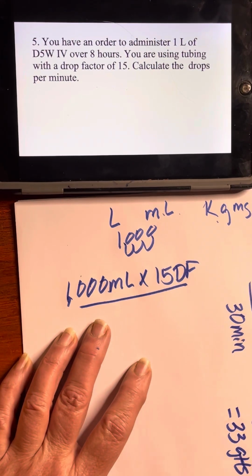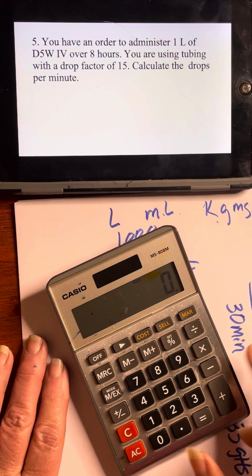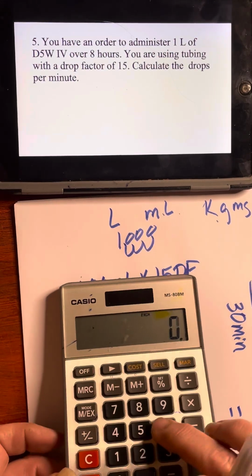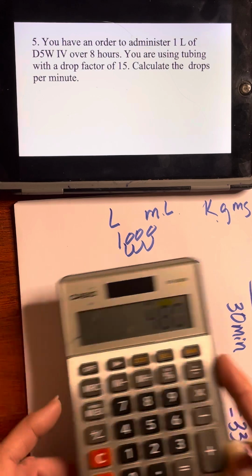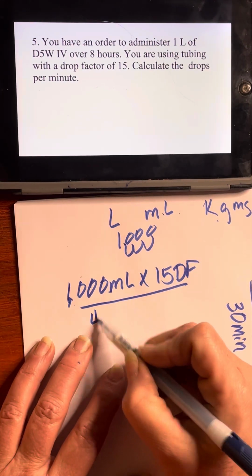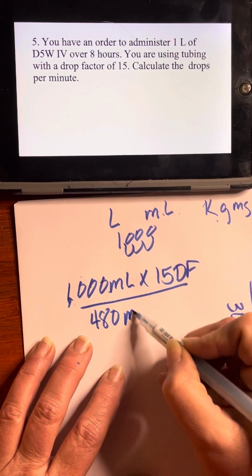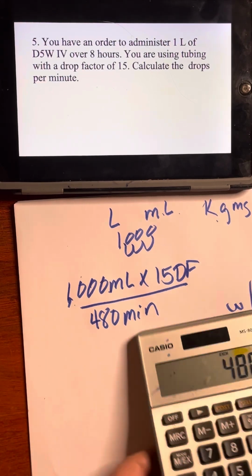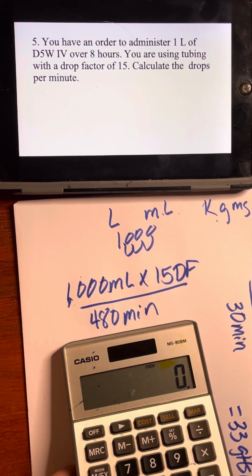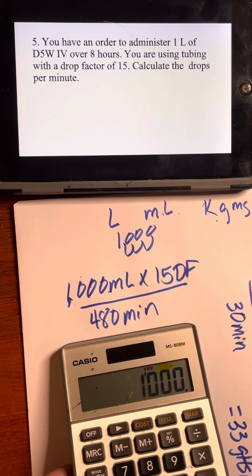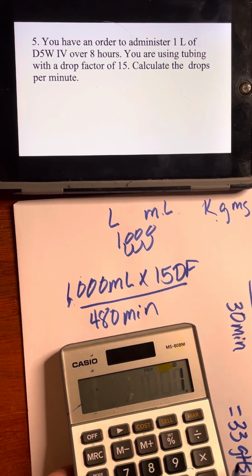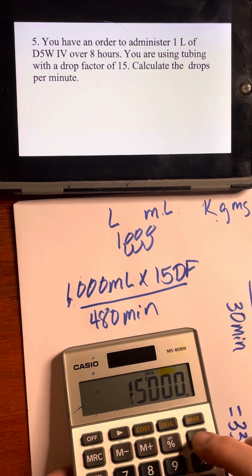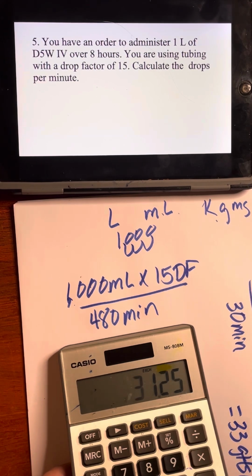over 8 hours. Okay, so let's just check ourselves. 60 times 8 equals 480 minutes. 480 minutes. And then we're doing the math like an Olympic gold medalist. 1,000. Count your zeros when you've got a bunch of them. Times 15 equals, divided by 480 equals